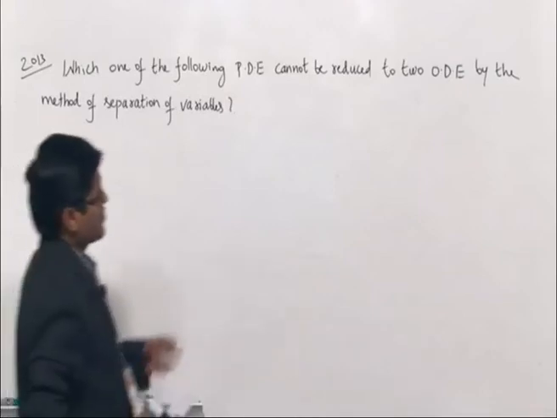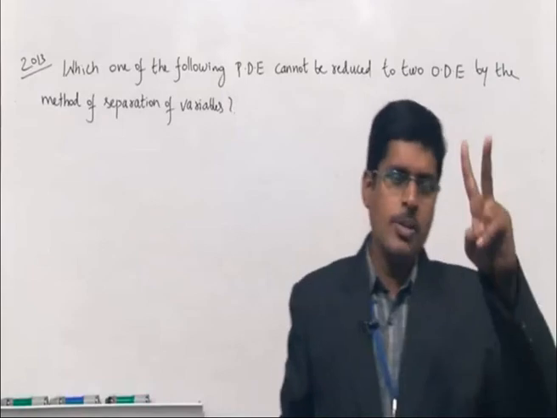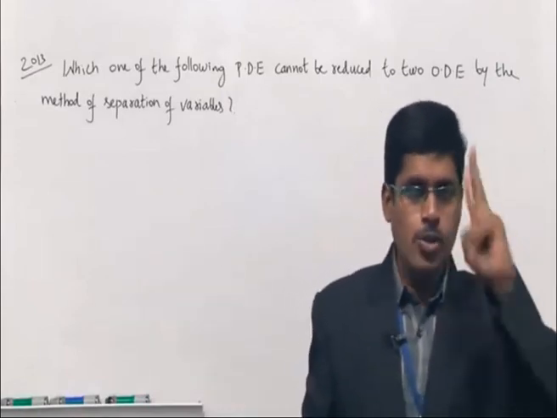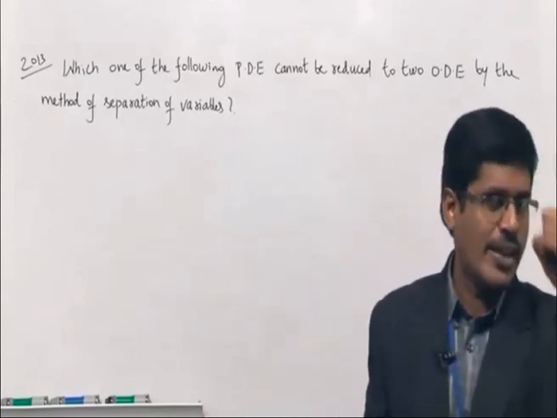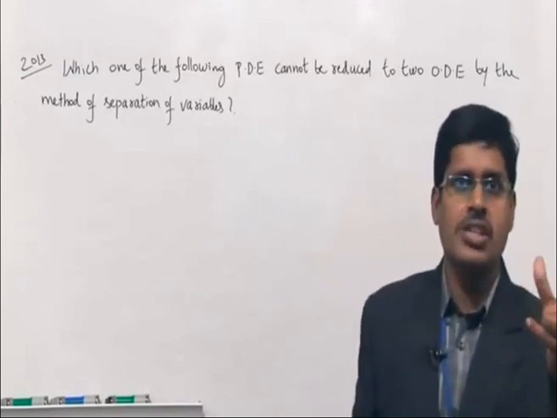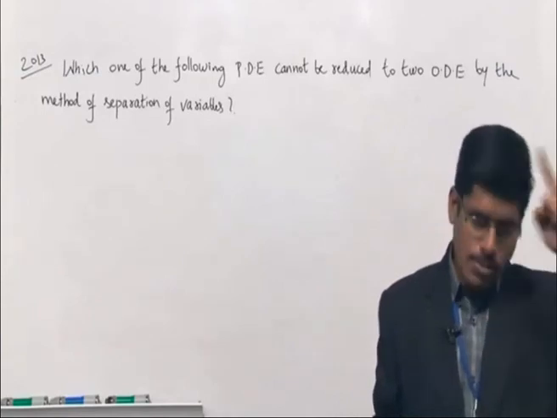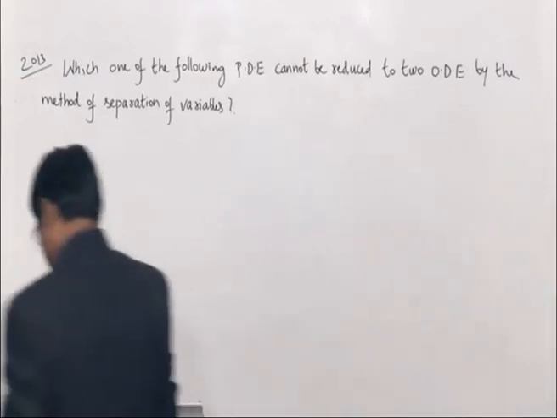So let me explain. So far we have done one example by the method of separation of variables. Independent variables x and y, z is the dependent variable. That I brought into two differential equations: x differential equation alone, equation 3, and y dash by y, that is the y differential equation alone. So that is called two ordinary differential equations. According to the options, which is not reduced to the previous example, two ODEs. Okay. A,